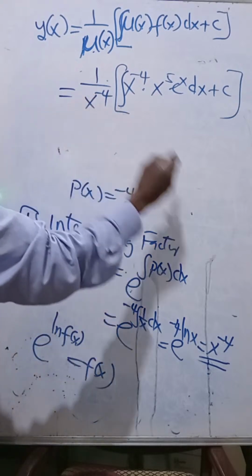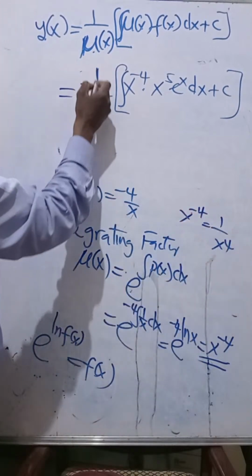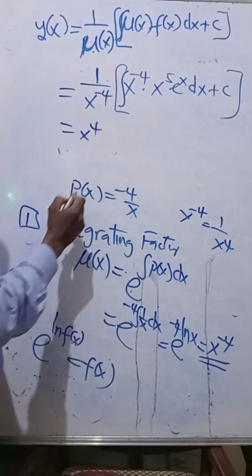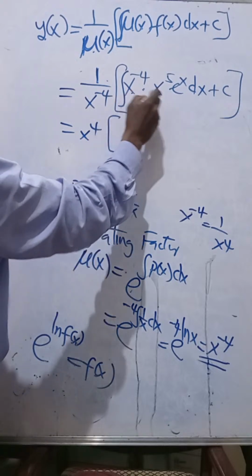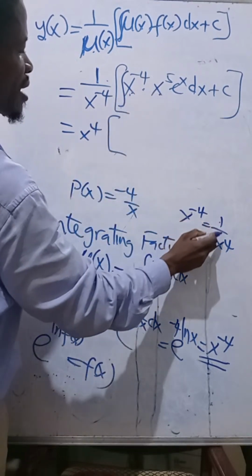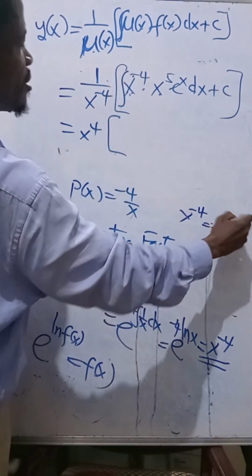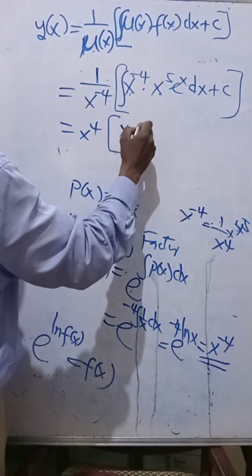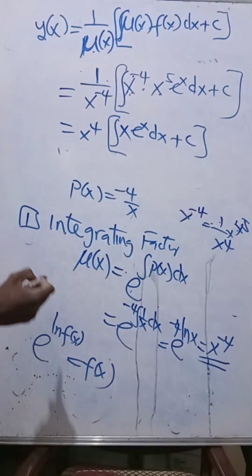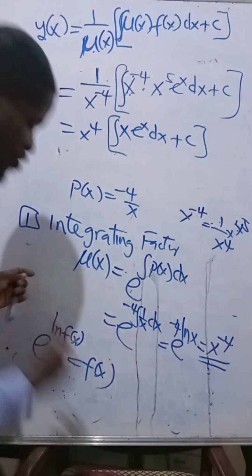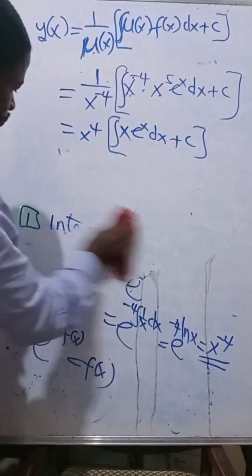Then this one, x to the power minus 4, is 1 over x to the power 4, and there is 1 here. So this will become x to the power 4. Open your brackets, and if you do the algebra, you have 1 over x to the power 4, times x to the power 5. So it remains x e^x dx, integral sign, plus c. So that's what we have in this. Then the next thing to do now is to